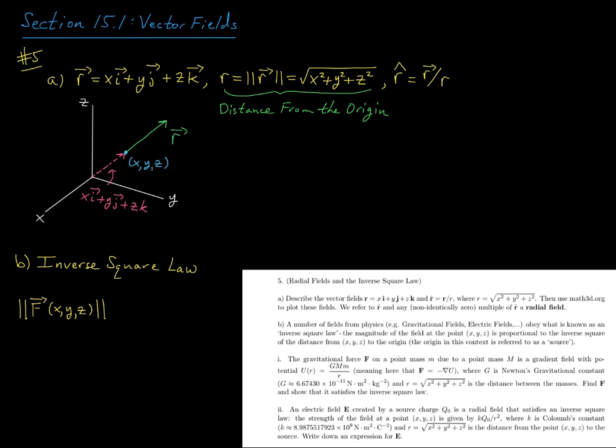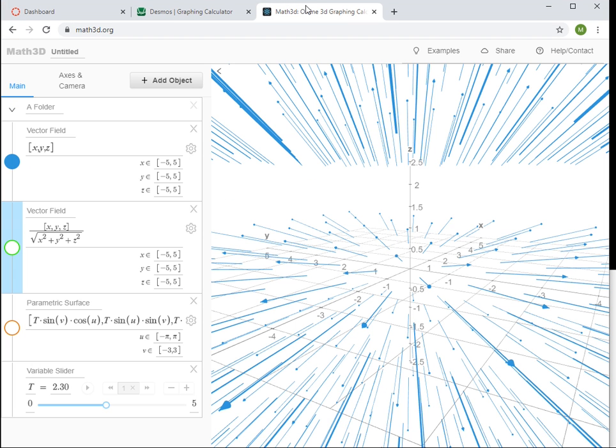Okay, so this is really the three-dimensional analog of what we saw in problem number 1. We discussed the radial vector in R2. Okay, so then this vector r hat, as we noted, is just the unit vector in the direction of the vector r. All right, so let's go ahead and plot these on